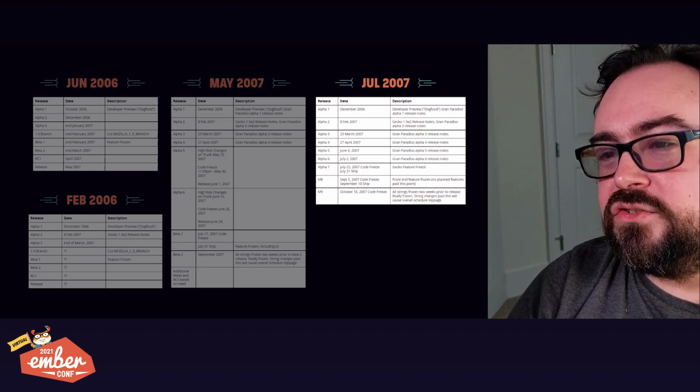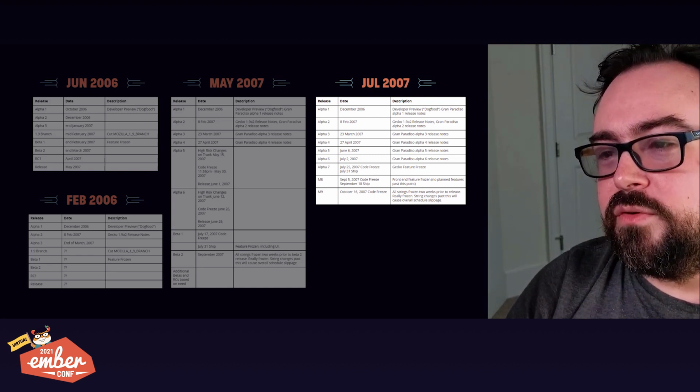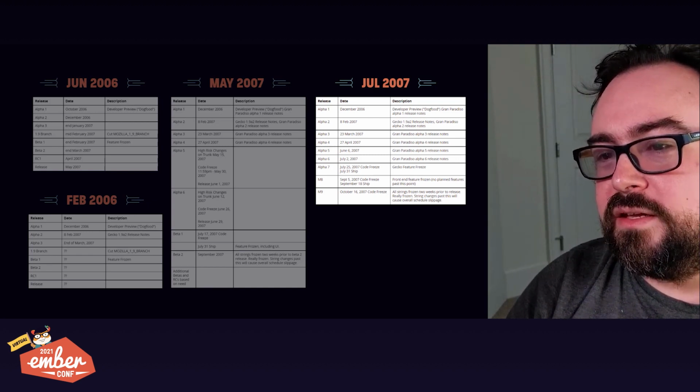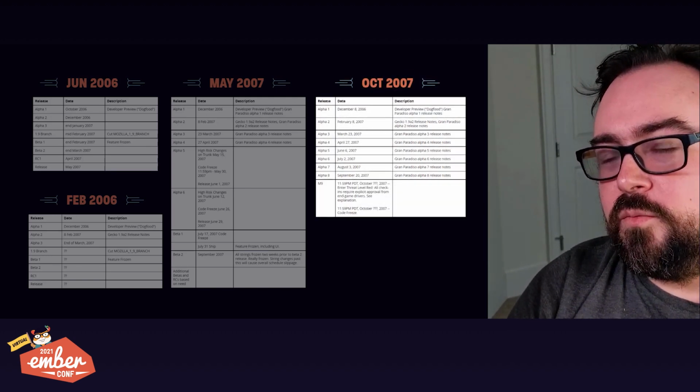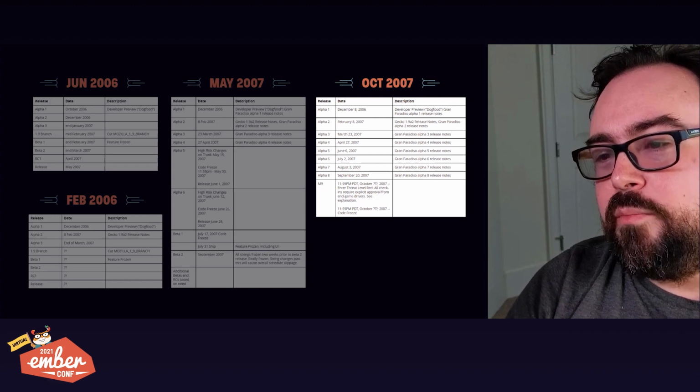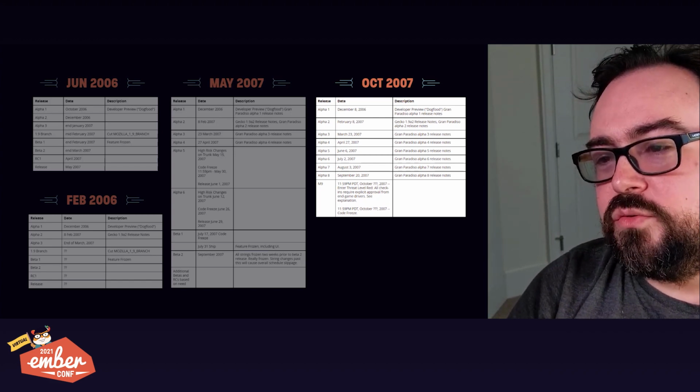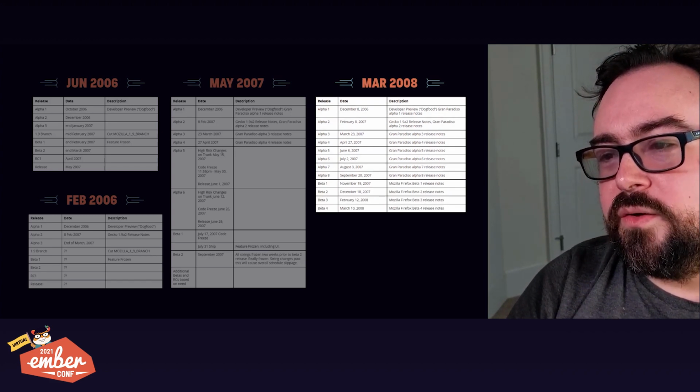So let's check in again in July. The beta date from the previous schedule. Nope, didn't make it either. What about milestone 9 scheduled for October? What are these question marks? Okay, I'll put us out of our misery and jump ahead to March 2008. Well, we got some betas going, so that's great.